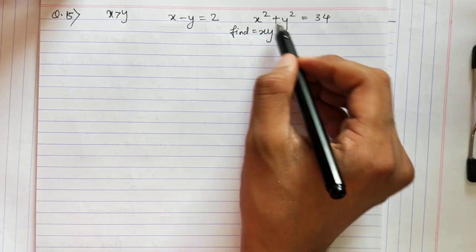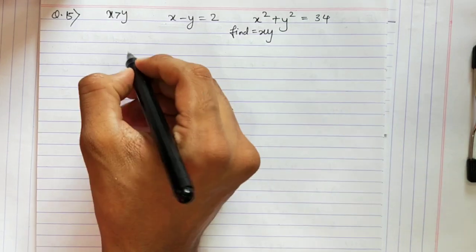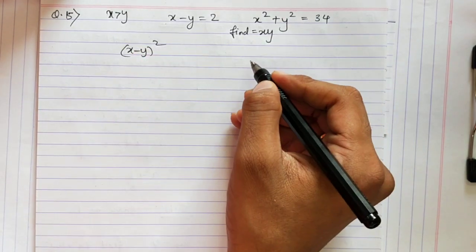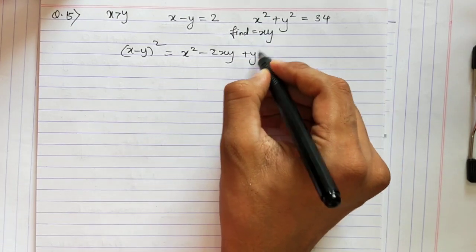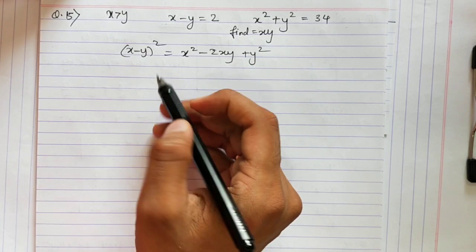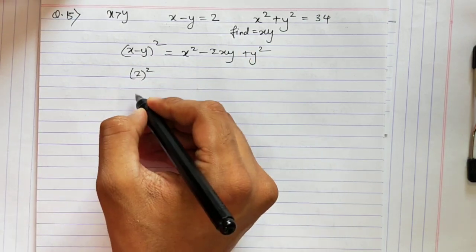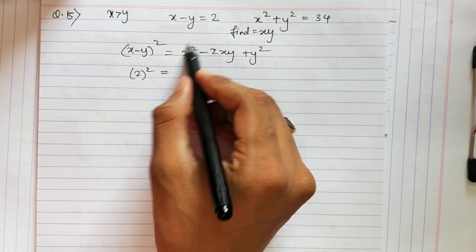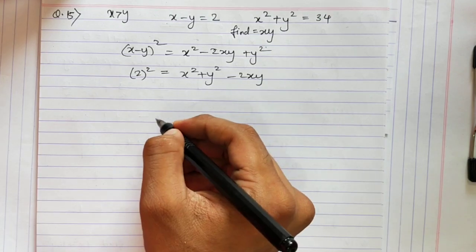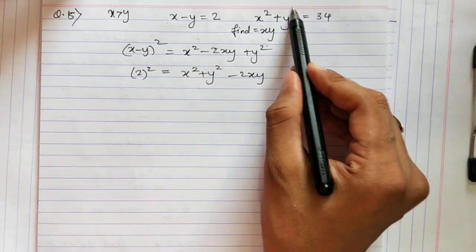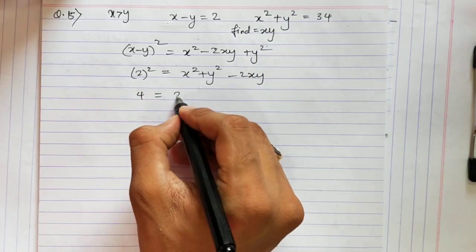Now we have x square plus y square, we have x minus y, and we need xy. So the only one formula which fits here is x minus y the whole square is x square minus 2xy plus y square, correct? X minus y is 2, so I'll put the value 2 here, equals x square plus y square, I'll write it together, x square plus y square minus 2xy. This value x square plus y square is 34, so I'll put 34 here. 2 square is 4, 34